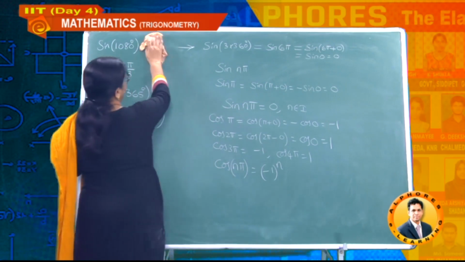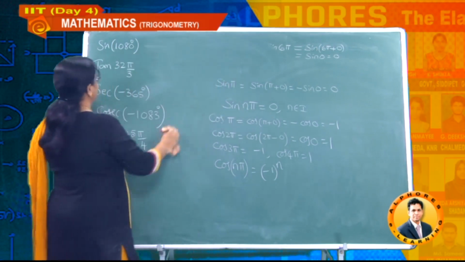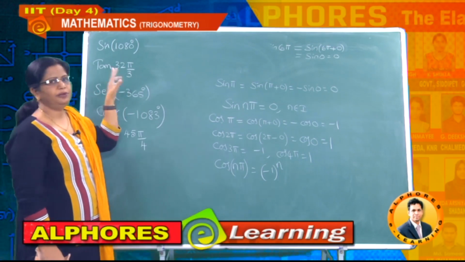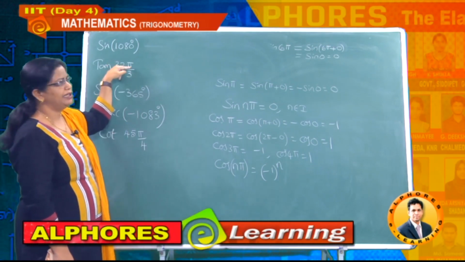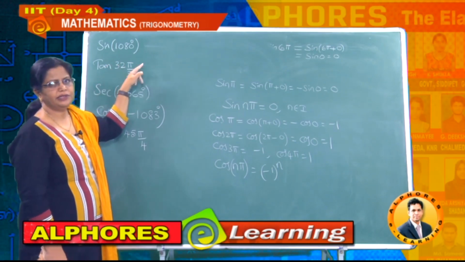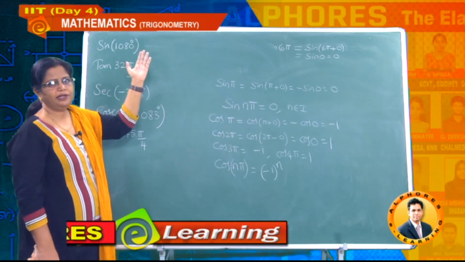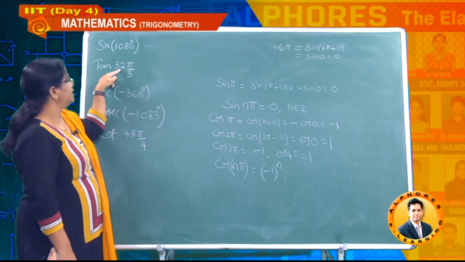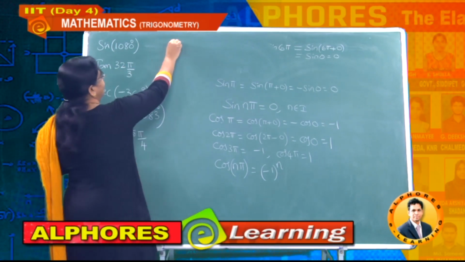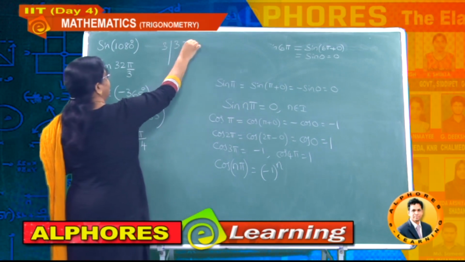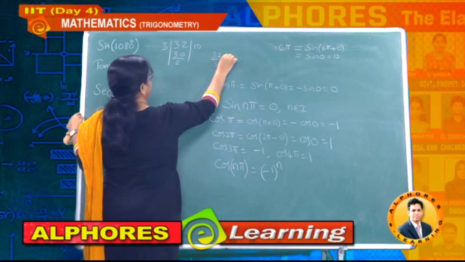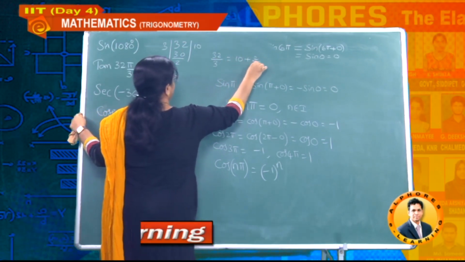Now let us see the other value, that is tan 32 pi by 3. Whenever you want to calculate 32 pi by 3, don't go through the procedure of pi by 3 equal to 60 degrees and after that 32 into 60, and then checking the quadrants, not necessary all those. Just divide 32 by 3. What is 32 divided by 3? Just have a glance here. This is 3 10 times and this one is 32. So you got 32 by 3 equal to 10 plus 2 by 3, right students?